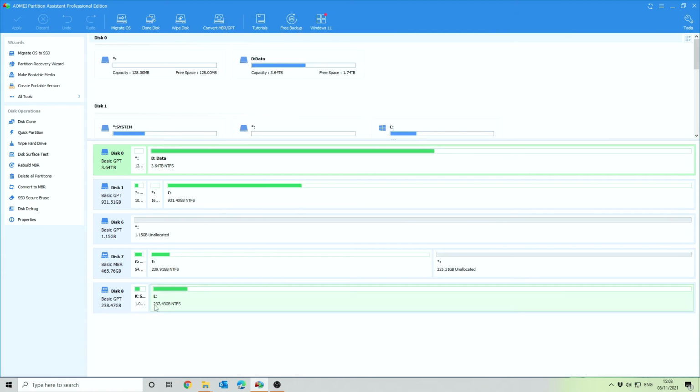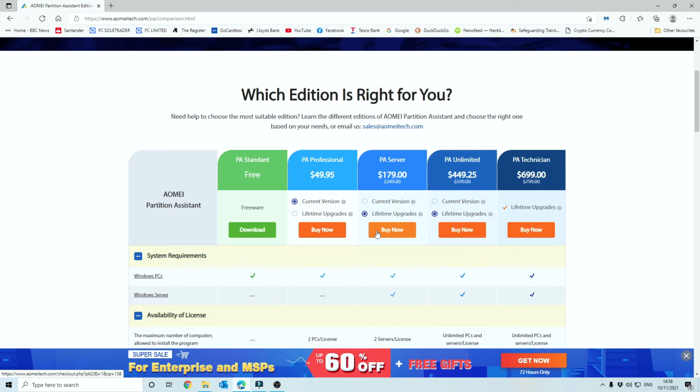Now what you can do is take out the SSD drive from the enclosure. That can then be added to a laptop or a desktop PC, and you'll be up and running. There are no additional changes required. All you do is clone the whole drive. That's it. Okay, so we've walked through all of the basics,